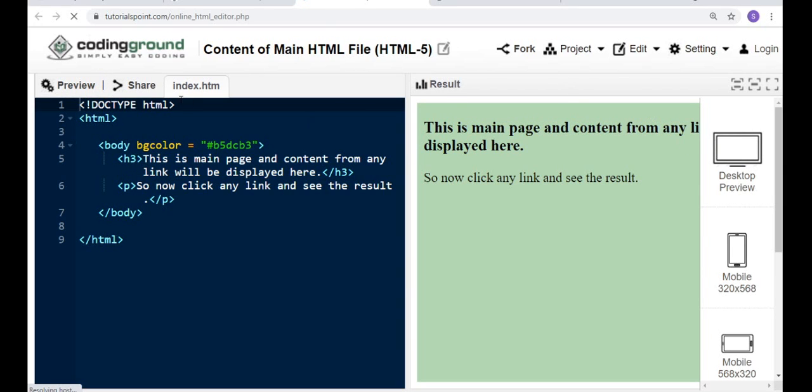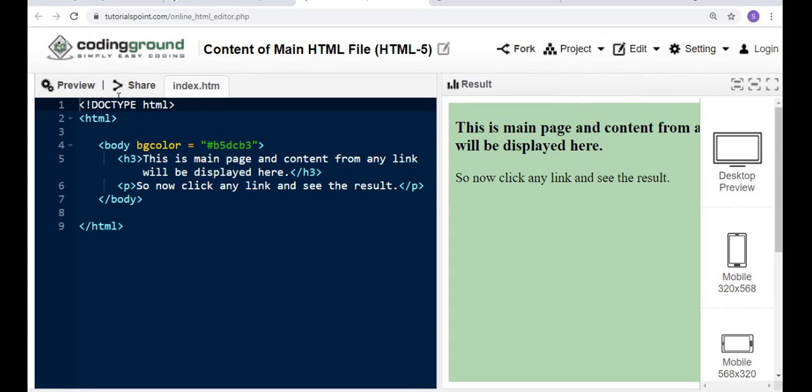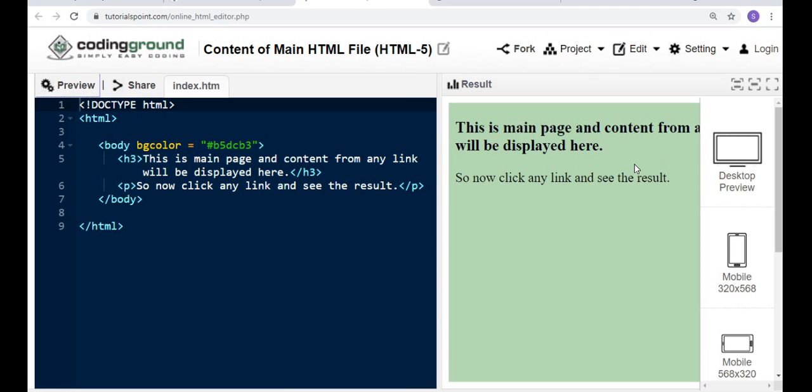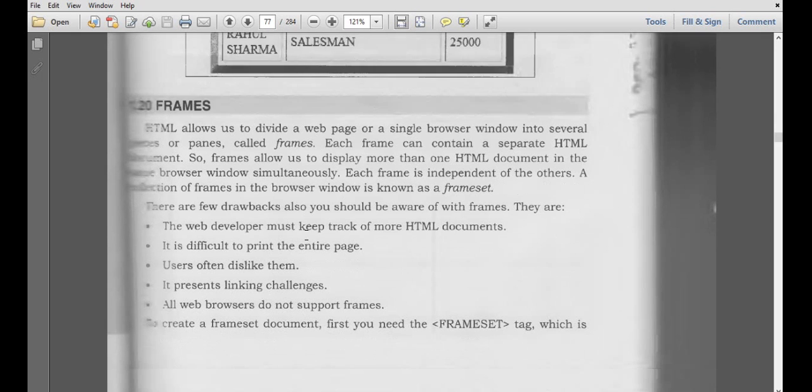Where is that result, where do we have to run the code? Here we don't have an option to run the code. Okay, I'll write it once. I'll go with one more program that we have here.